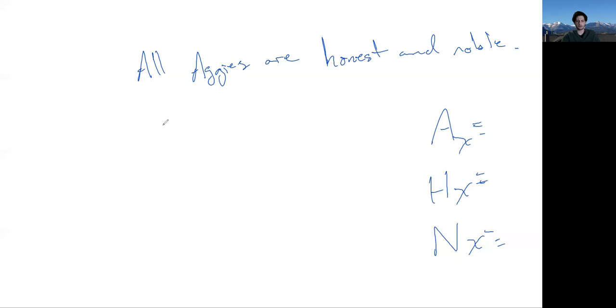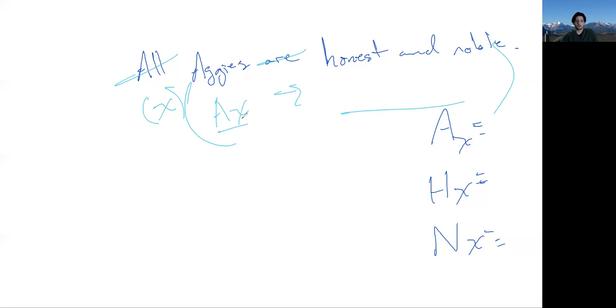An A statement always has, first, that quantifier. Done. The point of an A statement is you're saying one group of things is another, or they all have a certain other property, and that comes from the R. The R is just the conditional. Now we just need to figure out what goes in each spot. Anytime you're saying all blanks are a certain way, you have all as the universal, and the R, that copula, is just a conditional. Then we put in all Aggies, the group of people I'm talking about. What are they? They're honest and noble.